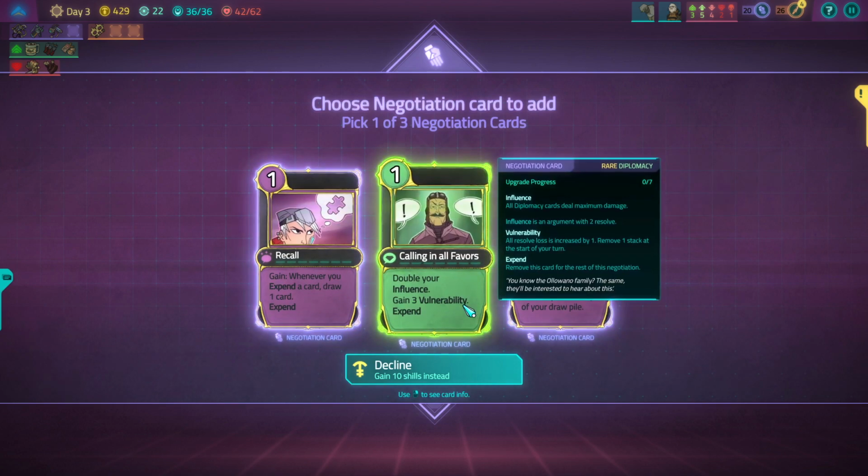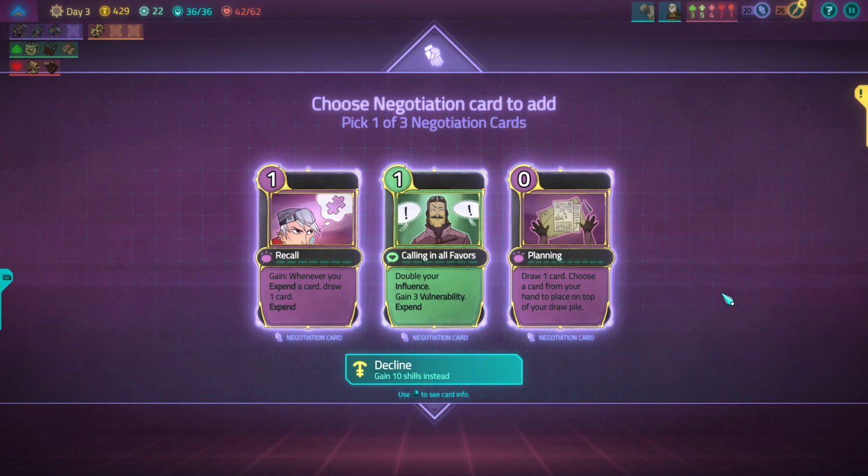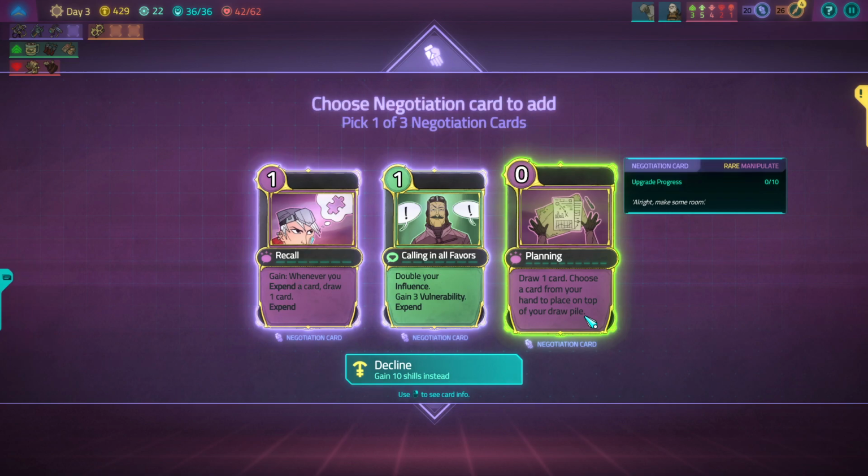Negotiation. Double your influence, gain 3 vulnerability. I'm not a huge fan of this card because I don't want to build. I'm not building super high influence. I'm just playing enough influence to play out my cards that are strong. Draw a card, choose a card from your hand to place on top of your draw pile. This is a rare. But this card doesn't seem good to me. So, this is Prepared from Slay the Spire. No, it's not Prepared, sorry. I said this. This is Warcry. This is not Prepared. It's like...